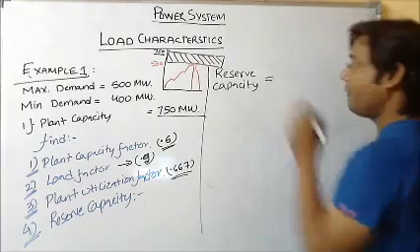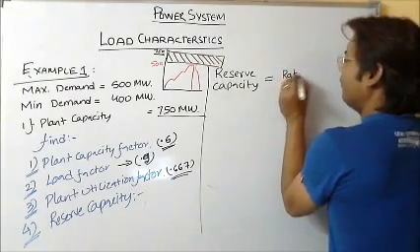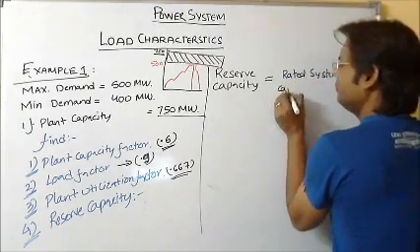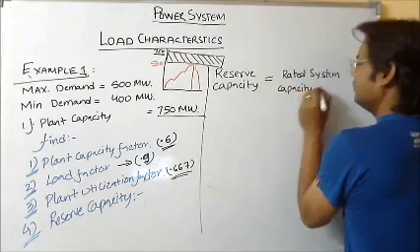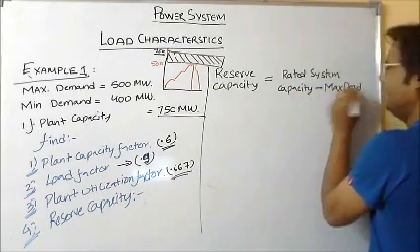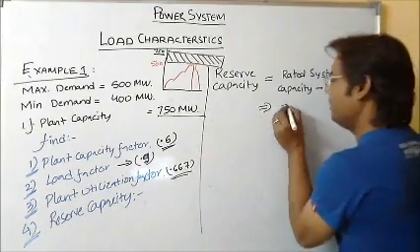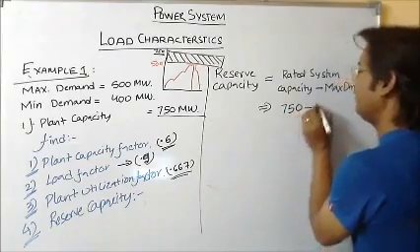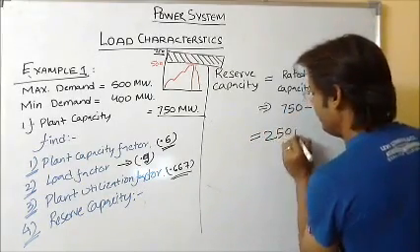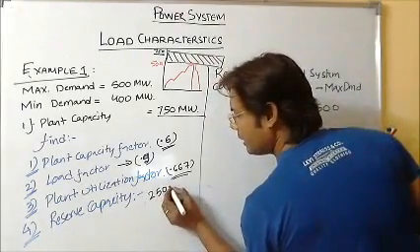So I can have the reserve capacity as my rated system capacity minus the maximum demand. So from the question it is directly possible to answer this. 750 minus 500, that is equal to 250 megawatts. So 250 megawatts here is called the